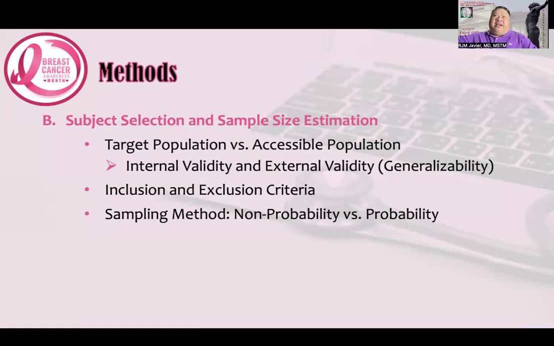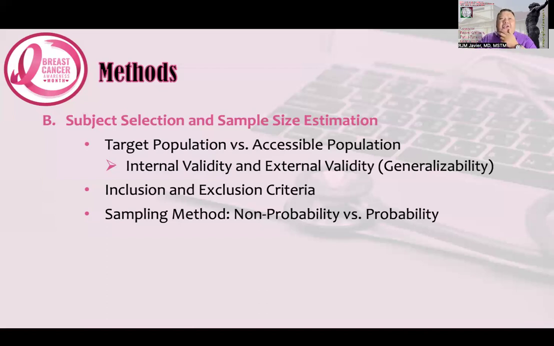We highlighted that there is a difference between your non-probability versus your probability sampling. In essence, when you say probability sampling, everyone in the accessible population would have the equal opportunity to be part of that research study. Once you provide that, this is what you call your probability sampling. And probability sampling would look into simple random sampling, stratified random sampling, cluster sampling, perhaps even multi-stage sampling.